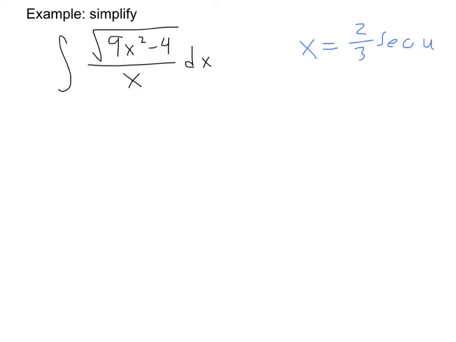Okay. Now, in our strategy, what's the next step after choosing that substitution? Right, after that we're supposed to compute what our dx is, because I'm about to do an integral, right? My dx will be 2/3 secant u tangent u du. Okay? Once you have those two things, your next step is to substitute those things in and simplify the resulting